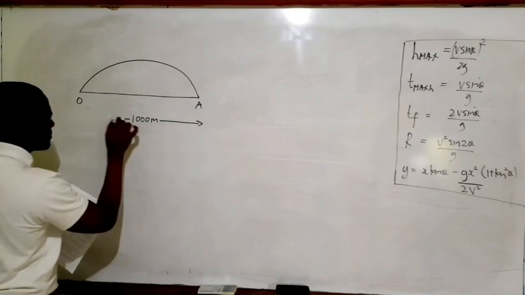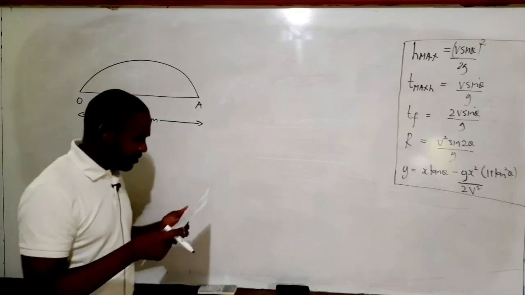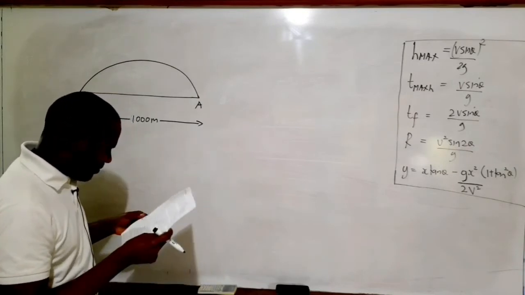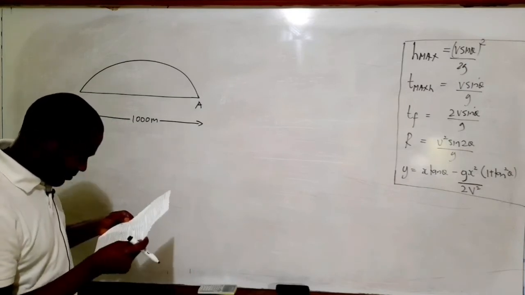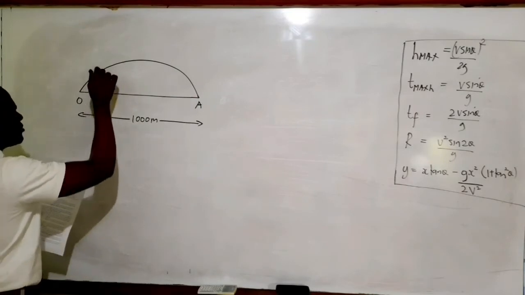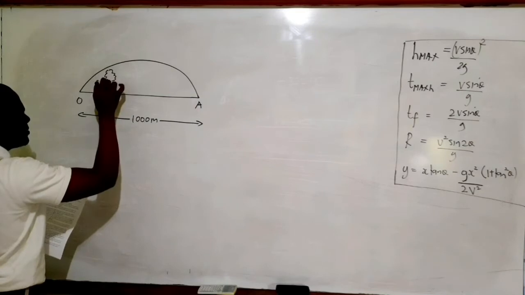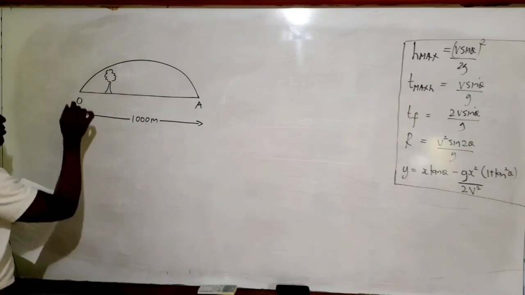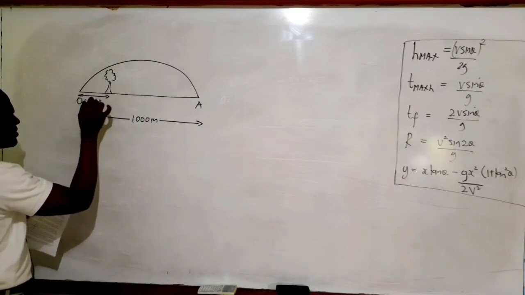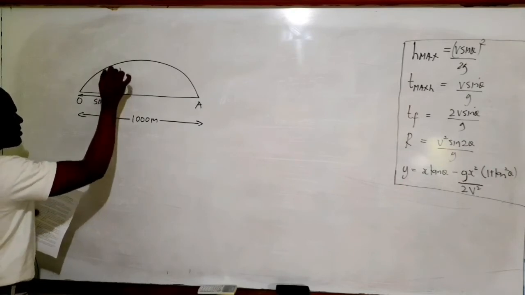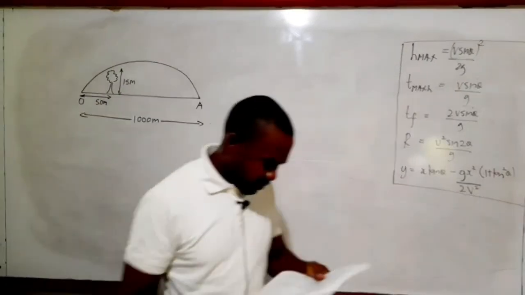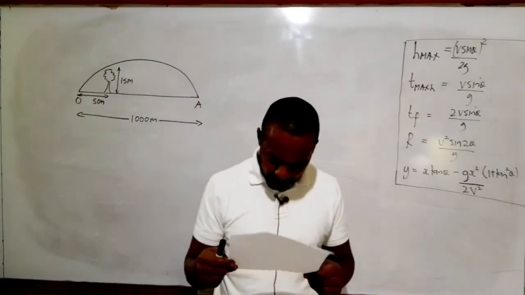But somewhere between O and A, there is a tree of height 15 meters, which we're told is 50 meters from the point of projection. So the gun is here at O, and there's a tree. Try my best to draw a tree. So there we have the tree, and the distance from where the gun is launched to where the tree is, is 50 meters, and of course the tree is 15 meters tall. So we want to find the angular projection necessary for the